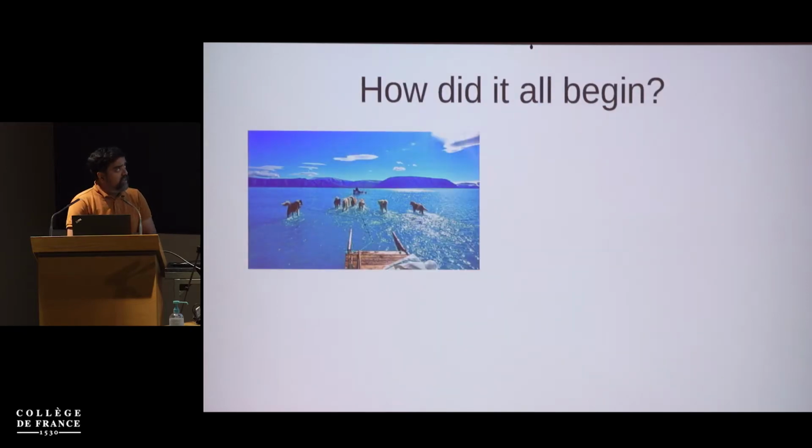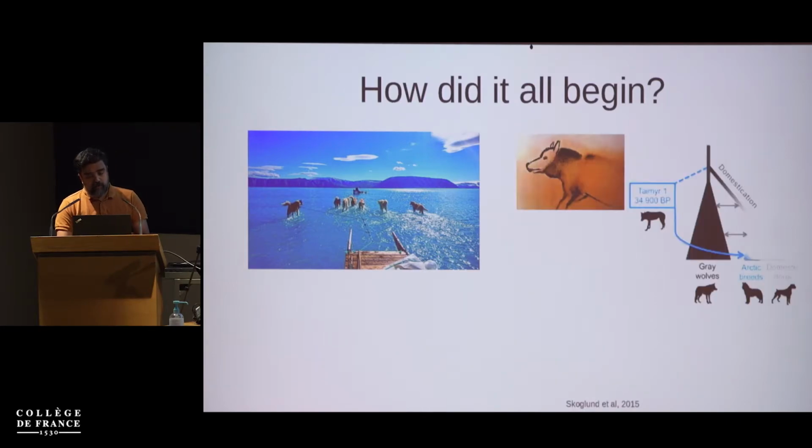So how did it all begin? It began in Greenland. As with most things in Denmark, whenever we want to look for some natural research, we look to Greenland. There's not too many things in Denmark. So we were looking at the Greenlandic sled dogs, and the major question that was being asked was, can we better understand how these Greenlandic sled dogs evolved to live in Greenland and how they evolved to be such wonderful draft animals? And it was inspired by a paper from Pontus Skoglund in 2015,